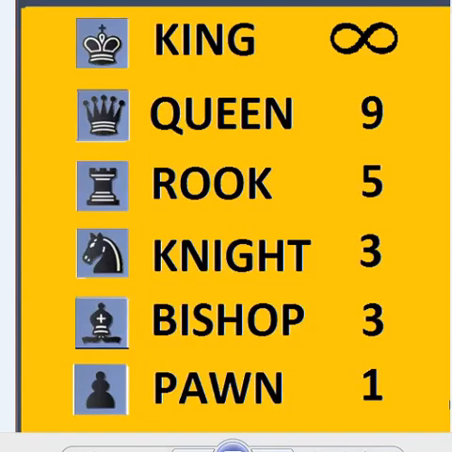In the previous lesson, we discussed how to arrange the board, the names of the pieces and their respective values. In this lesson, let's discuss the piece movements, how to move each of the pieces. Let's begin with the king.